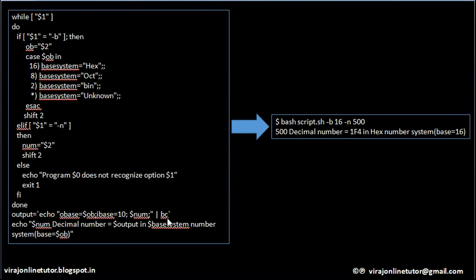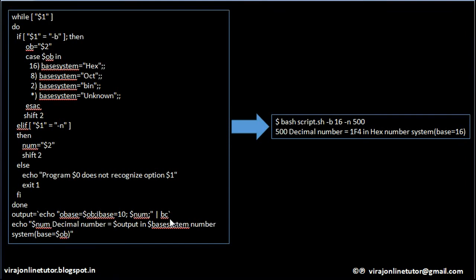Now I am echoing this particular contents to a utility on the shell scripting machine called BC, which will do the entire calculation process for you automatically. And what I am outputting to that? I am outputting saying obase, output base that is expected, is contents of OB, which is 16. That is, I am expecting the number to be converted in the base format 16. Then ibase, that is the source number's source format, is 10 because this number that I am asking to convert is of decimal format. And then I am giving the number to be converted.